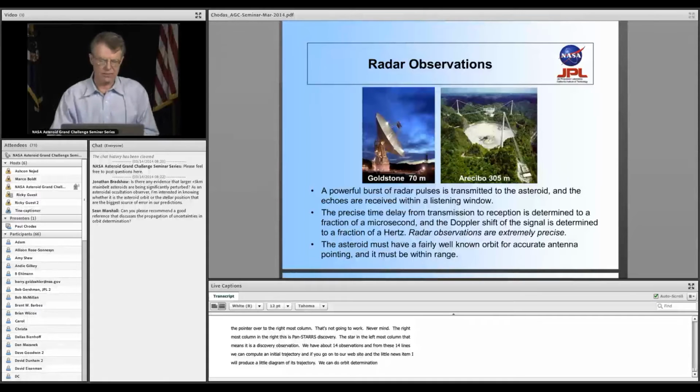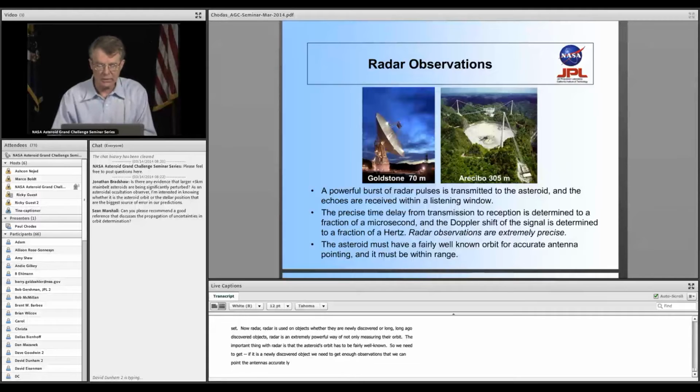Okay, now radar. Radar is used on objects, whether they're newly discovered or long ago discovered objects. Radar is an extremely powerful way of not only measuring their orbit, but also actually imaging the asteroid and seeing what its shape is and that sort of thing if it's big enough. The important thing with radar is that the asteroid's orbit has to be fairly well known, so if it's a newly discovered object, we need to get enough observations that we can point the antennas accurately enough,